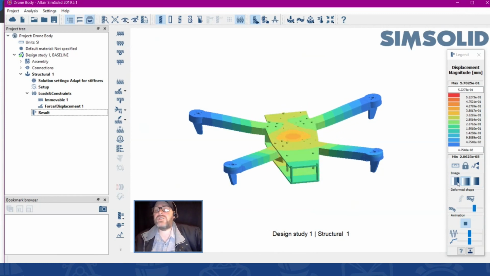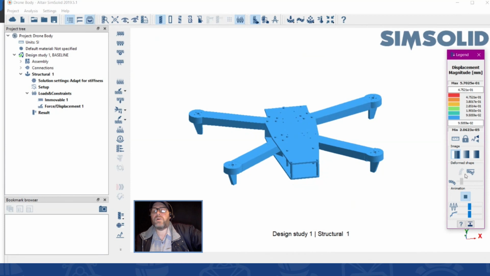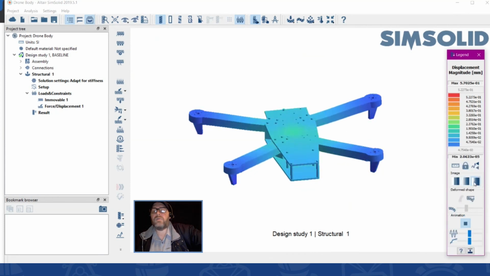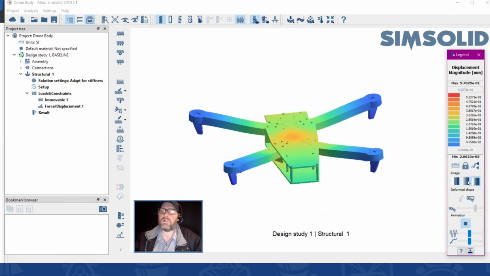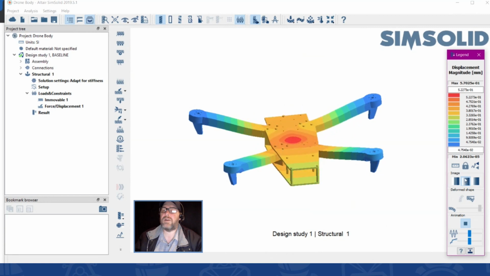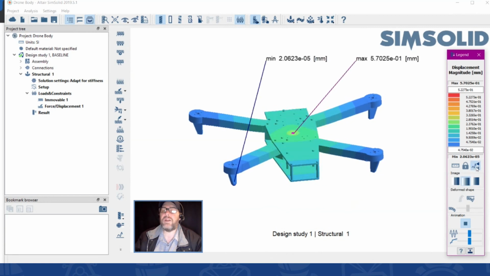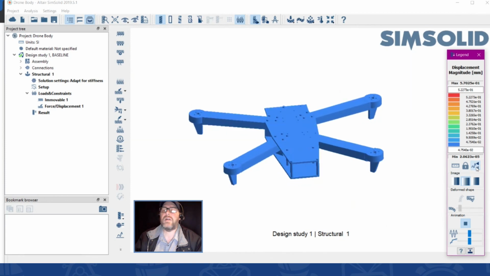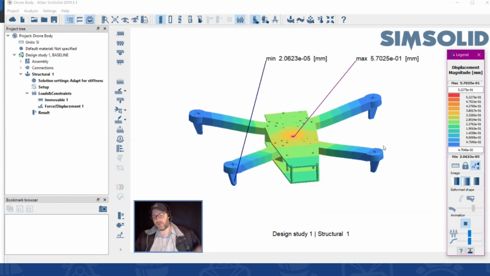I also have the ability to change how it is colored. I can do a 6 color, get more discrete. I can do a 12 color, or I can do a smooth color where we smoothly contour from one color to the next. I prefer the 12 color myself. I can show min and max labels, so I can see where the min and the max deformation are. And anything I do here, I'll leave those on. Once I've got it all set up,